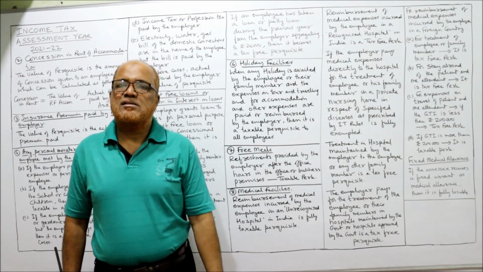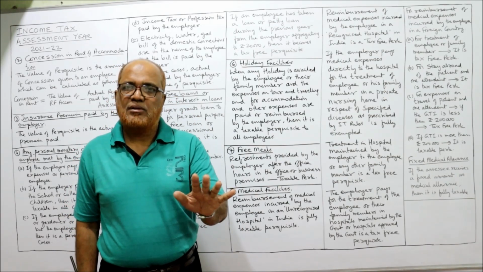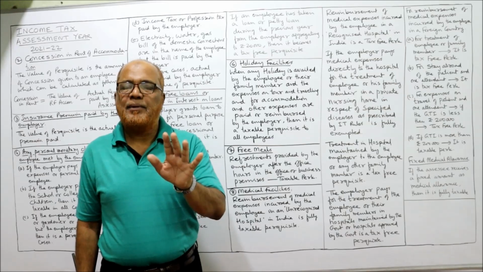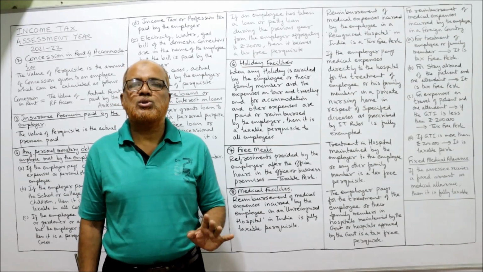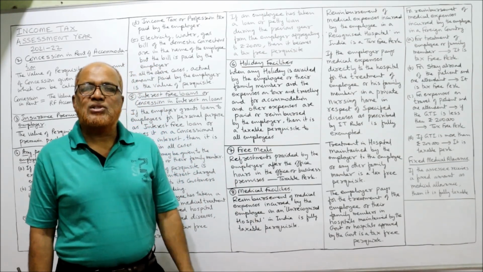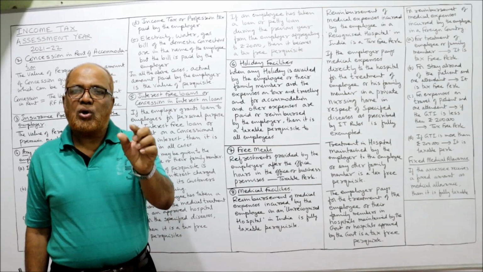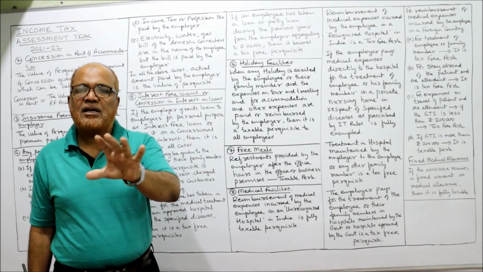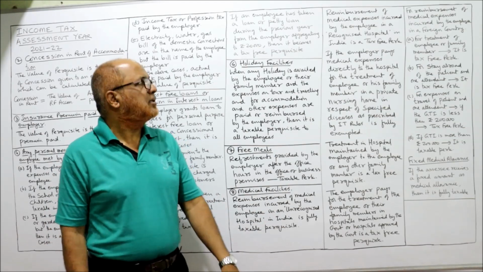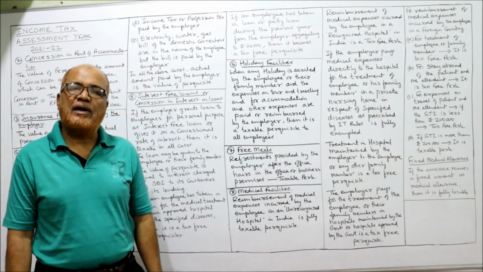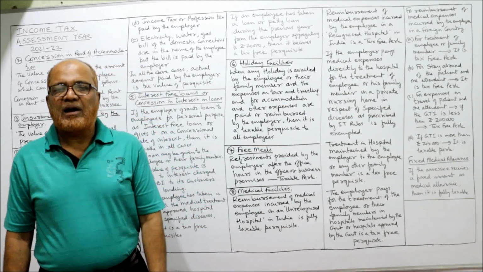like the small loans he has taken, aggregating the total loan is only 20,000. The Income Tax Act says tax-free perquisite. Don't calculate any interest on those loans. That is completely tax-free. So interest on petty loan is a tax-free perquisite. That's all, the 5 perquisites I have discussed.